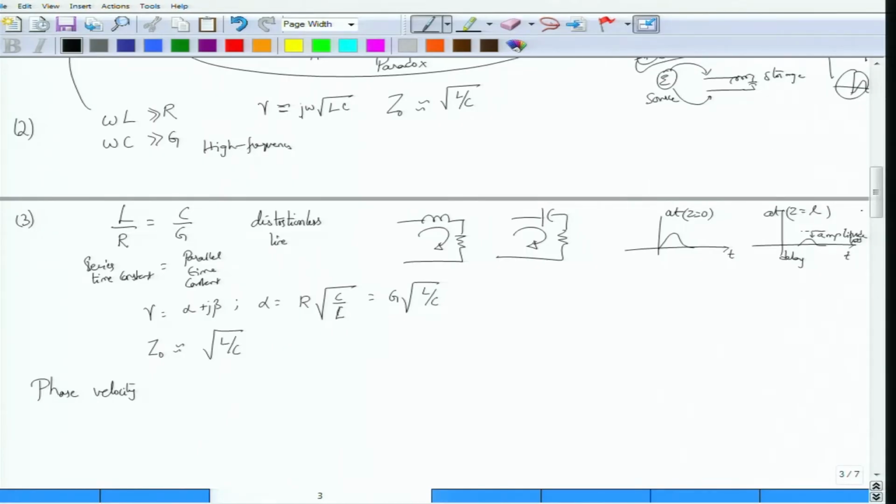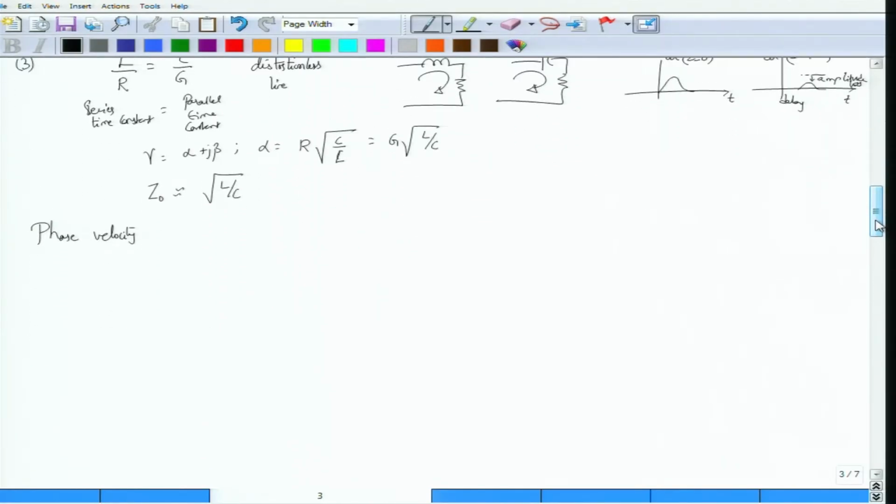topic at hand, and this is called phase velocity. Remember, our waves are going as V0 plus cos(omega t minus beta z), assuming that this is a lossless line, alpha is equal to 0. So this is how the voltage actually propagates on the transmission line. Now if you pick a particular point which is characterized by having a constant argument, that is omega t minus beta z is equal to